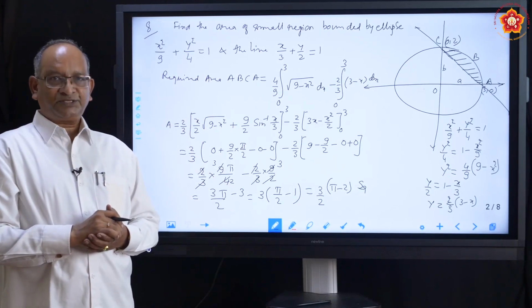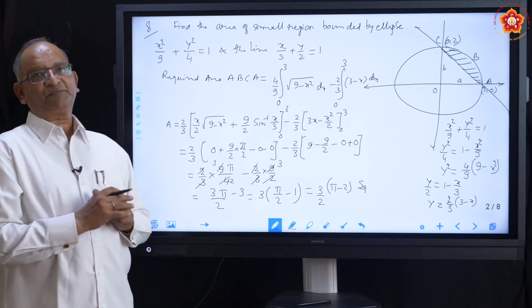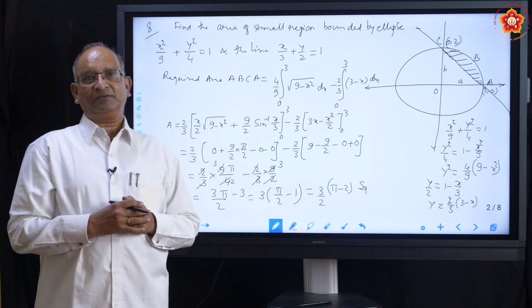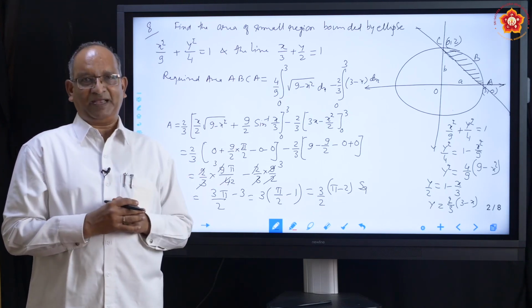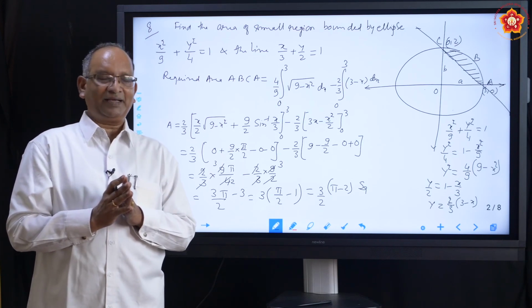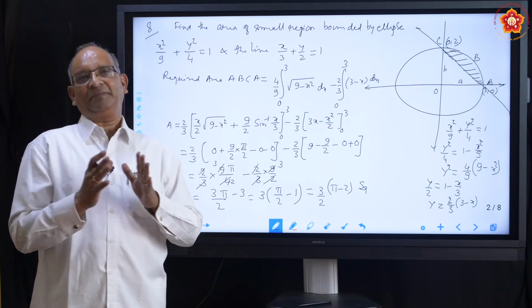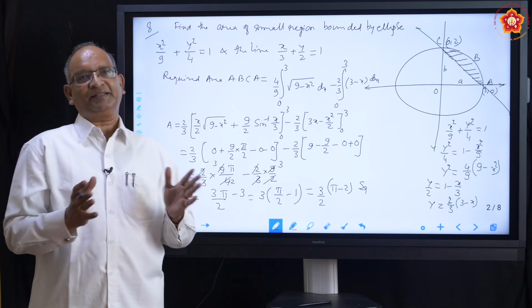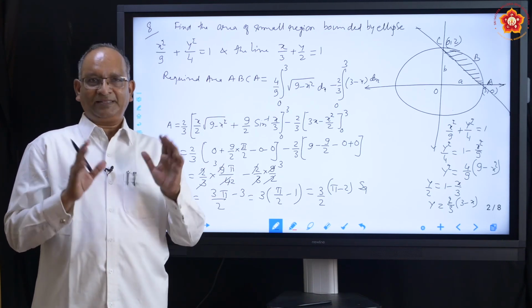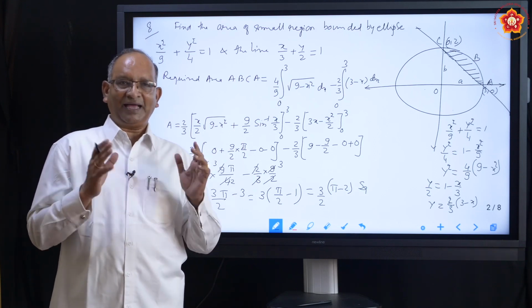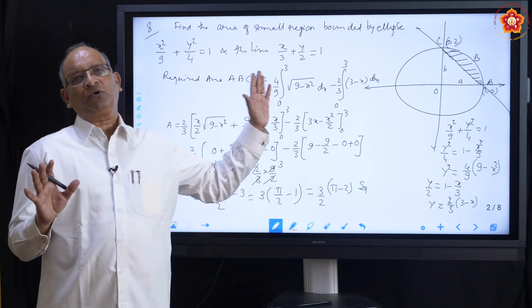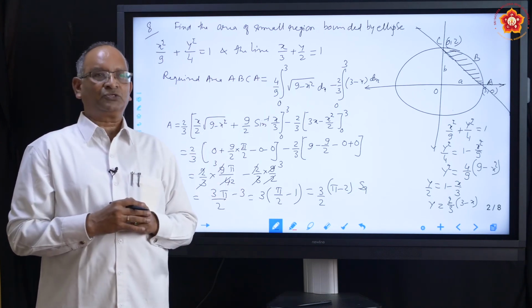So this is how we solve these problems. I am sure you are finding it now comfortable compared to the first class which we had. Basically, we need to identify the required area. We need to define the limits and then integrate the function. Before that, we need to draw the graph. And this graph which we are drawing, or the diagram which we are drawing, need not be exact. It is just a rough diagram for our own understanding. Okay?